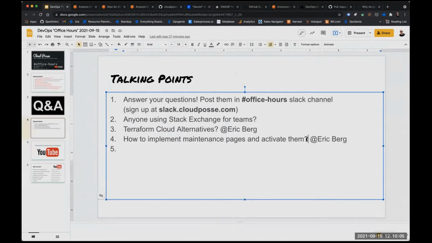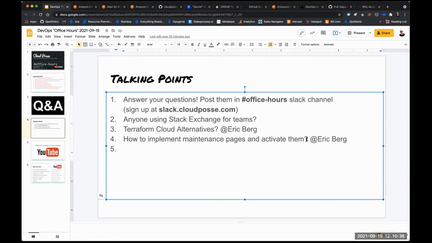How to seamlessly implement maintenance pages on AWS, and then activate them, ideally automatically. So instead of some ugly 503 message being apparent when you're having downtime, you serve a pretty page. I think it was Michael Jenkins. We talked about this last time when it came up, but I think one of the nicest solutions we talked about that time was